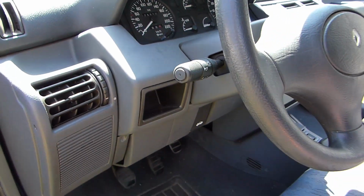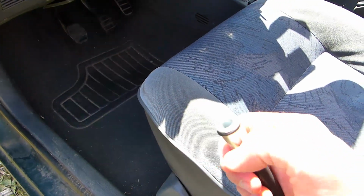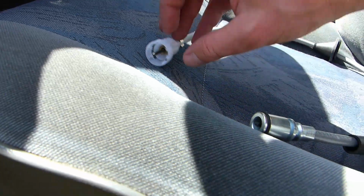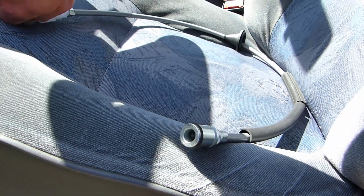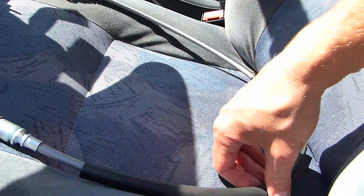It's probably coming from the cable, and sometimes even just pulling it out and popping it back in the gearbox can solve the problem, or just making sure that it can turn. So just to show you the principle of how it works, you have a square sort of rod inside here. This is the part that's plugged into the gearbox, and this is behind the speedo. If you turn, well, it works both ways. If you turn one side, the other one will turn, and it will indicate the speed and make the mileage